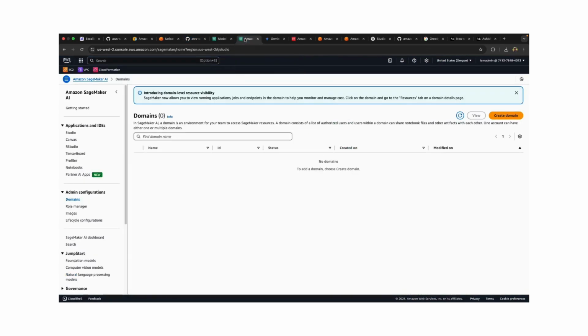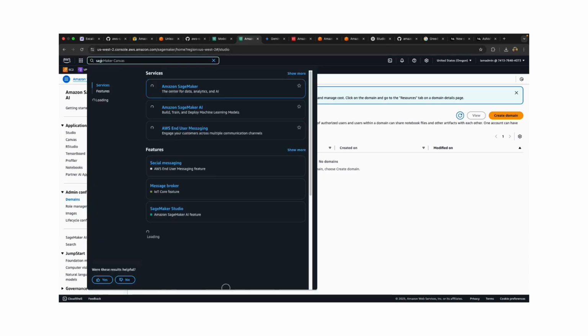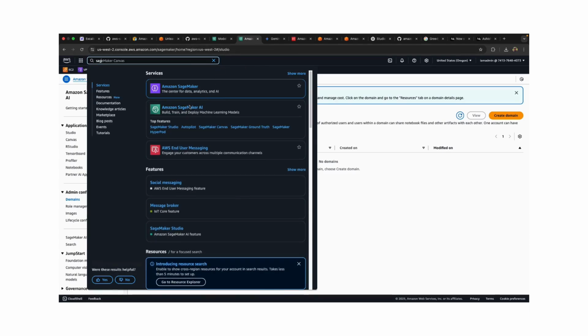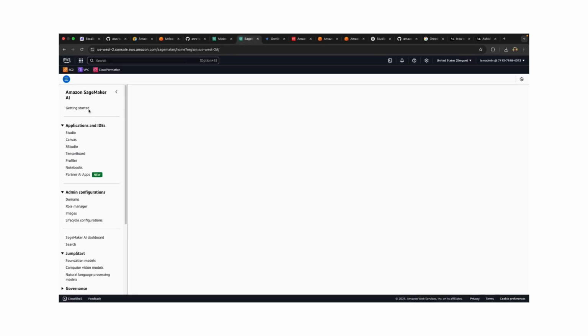The second part is making sure that you start setting up your domain. So for this, you go into SageMaker Studio AI. Another callout here: it says SageMaker and then the SageMaker AI. So you need to click on SageMaker AI, the green icon.